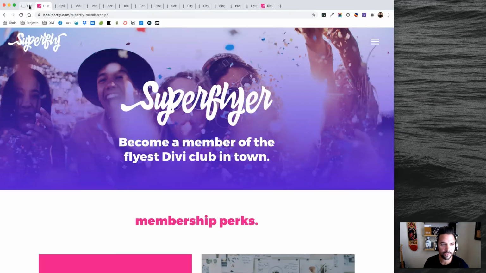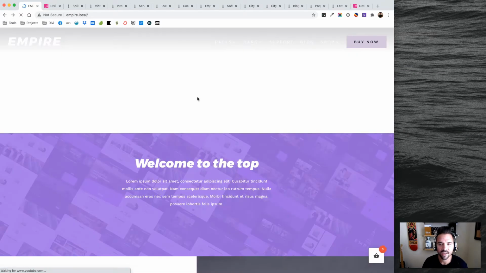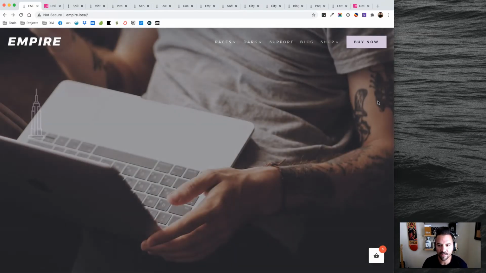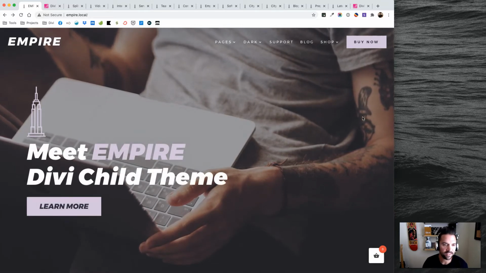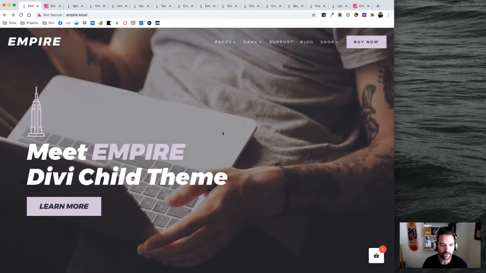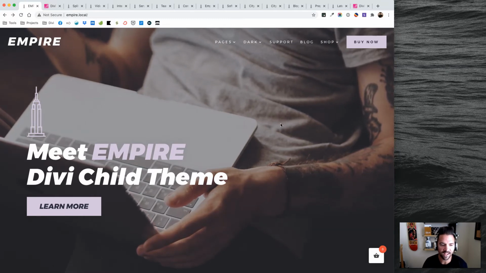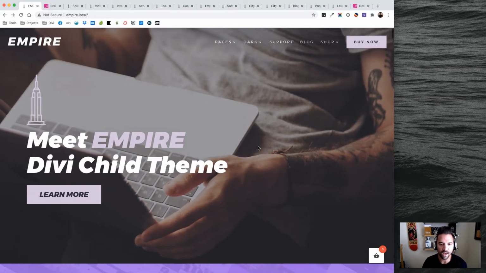So starting off with features, right off the bat, you can see that we have a nice big hero here. This is actually a Ken Burns style header, so the image just grows towards you. Very easy to turn that on or off for your hero section at the top of the page. I just think it adds a little bit more interesting of an effect without having to do a background video